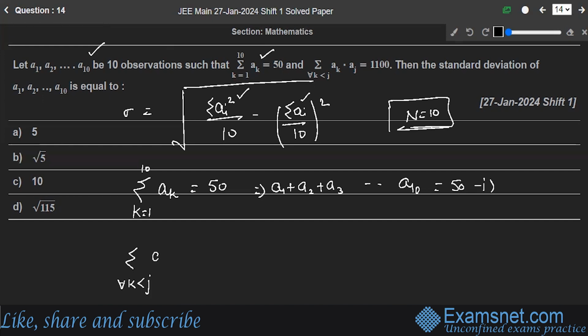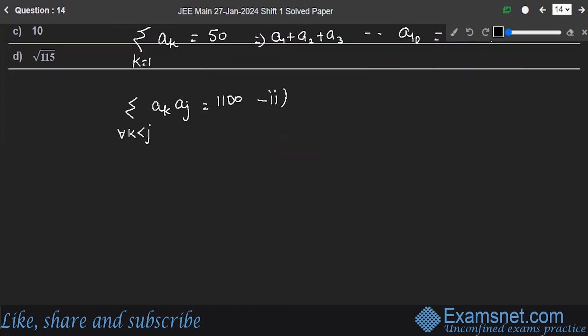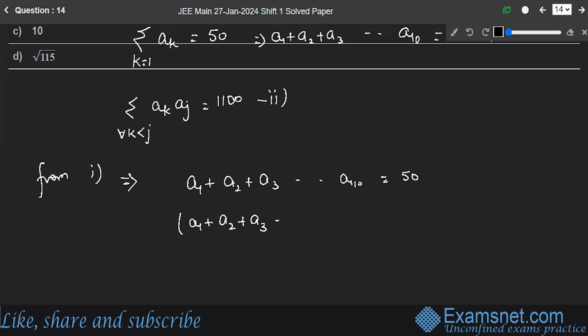Yeah, summation ak aj is equal to 1100. Let's say this is the second equation. Now from the first, what you had was a1 plus a2 plus a3 till a10 is equal to 50. Let's square both the sides. You have (a1 plus a2 plus a3 till a10) raised to power 2 is equal to 50 square, which is